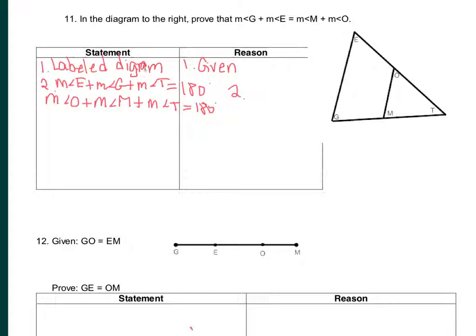D-I-A-G-R-A-M. Something happened to the word there. In any case, we know that the measures of the angles of a triangle add to 180. I did step 2 for you. Measures of E plus G plus T equals 180. That's the large triangle. Measures of O and M and T equal 180. That's the small triangle. Reason that the angles